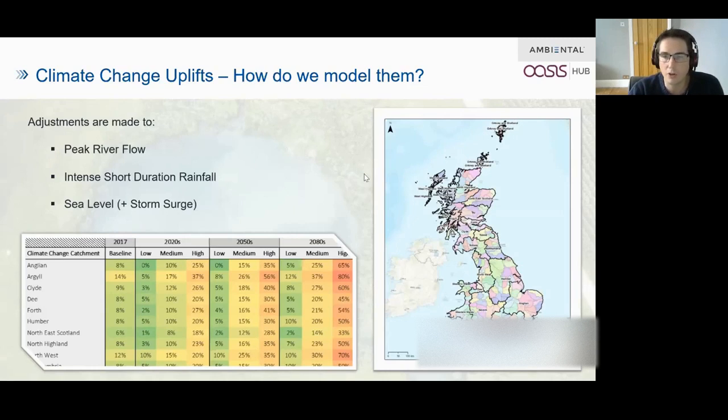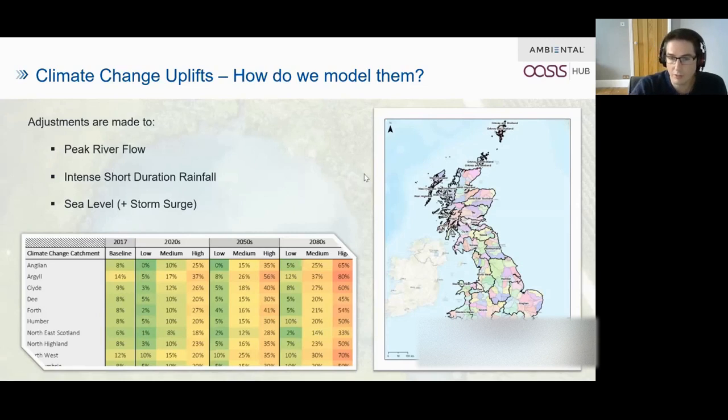So that's where a lot of the work has gone in with the climate modelling projects that we've done in the UK and moving into Europe. So there's lots of different ways of doing that, some far more sophisticated than others. In the UK, we've been very fortunate of using work that's come out of the Centre for Ecology and Hydrology, so CEH, some great work from the EA, NRW, SEPA, UKWIR. A lot of these organisations have produced science that enabled us to then derive these products and these uplifts, as we call them, to our existing products.